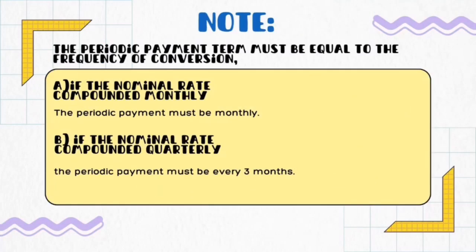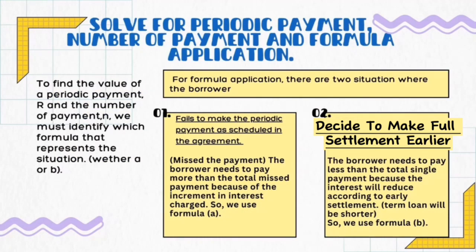Note, the periodic payment term must be equal to the frequency of conversion. First, if the nominal rate is compounded monthly, the periodic payment must be monthly. But if the nominal rate is compounded quarterly, the periodic payment must be every 3 months. So, for periodic payment, number of payments and formula application,